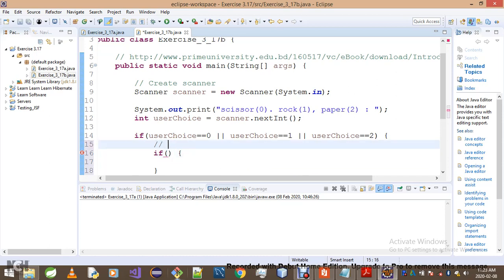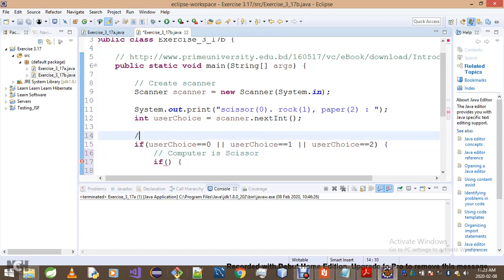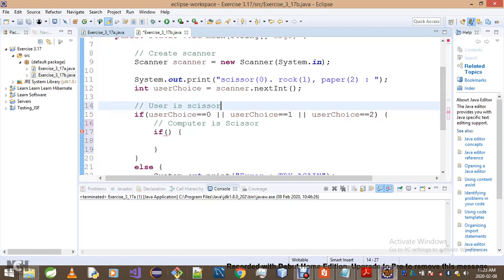So what you're gonna do is simply check, and I'm gonna comment this out for the sake of avoiding errors. If choice is 0, that's Caesar. Let me just go: computer is Caesar, and here, user is Caesar. This is our first case. Our second case is computer is rock. Else if